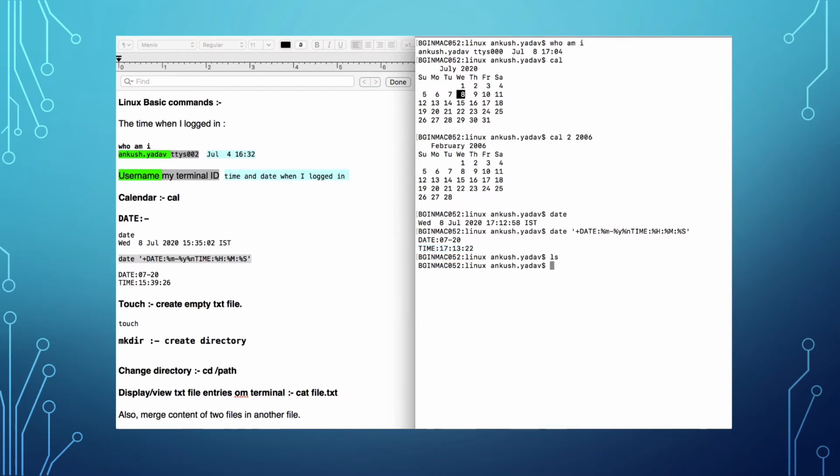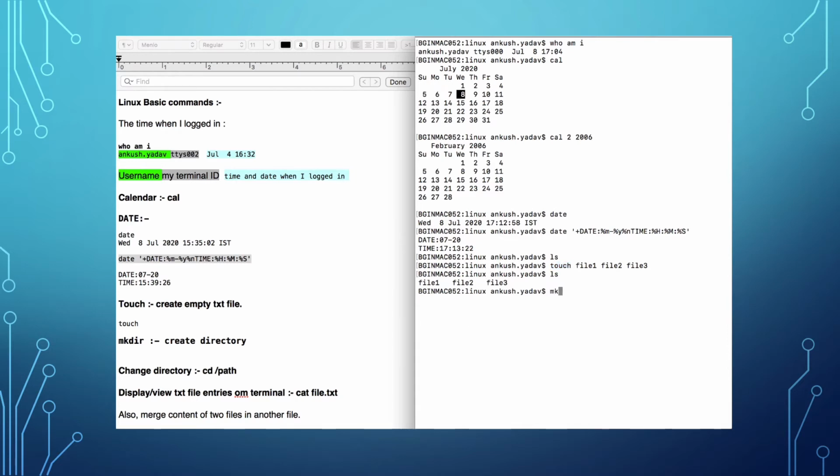Apart from that, as you can see there is no such directory, no such file in our Linux directory. So ls is the command we use to list the directories and files in our present working directory. And now to create files we use the touch command. Now suppose I just want to create three empty files. I'll use the touch command to create them. As you can see with ls, we have the three files and these files are all empty, and the touch command we use to create empty files.